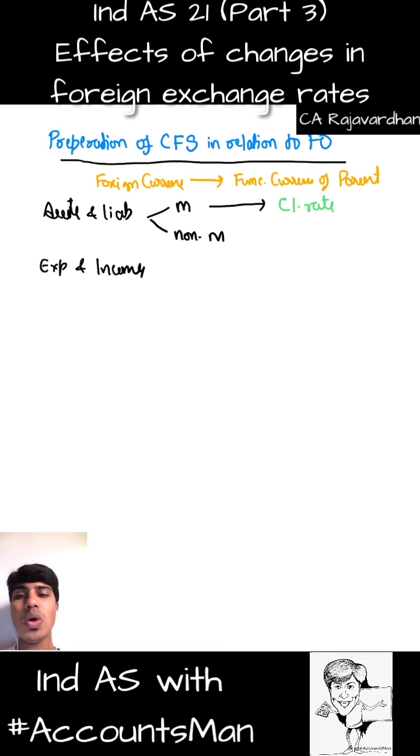However, when we come to non-monetary items, there we need to see whether the items are recorded at historical cost or fair value. If the items are recorded at historical cost, then we go for the rate prevailing on the transaction date. That is the spot rate. If they go by fair value, or those assets or liabilities are recognized at fair value, Ind AS 113, fair value measurement,